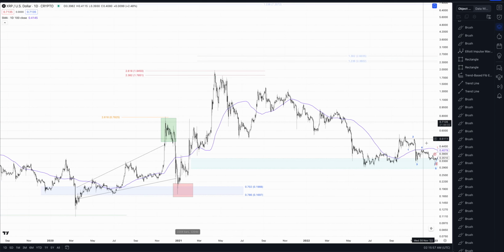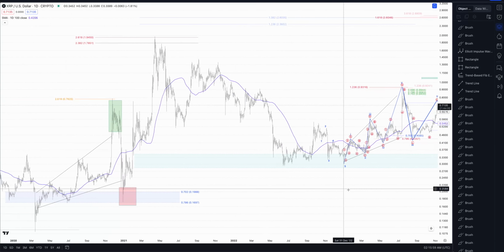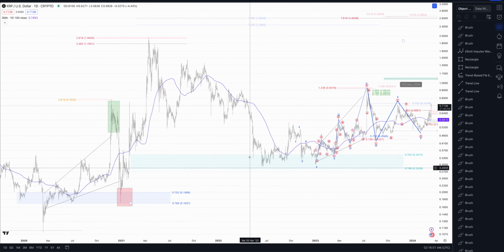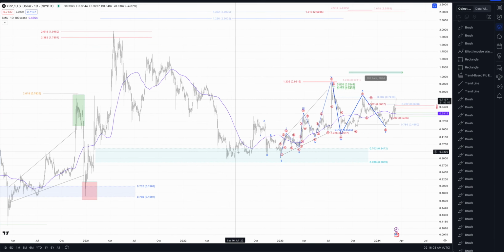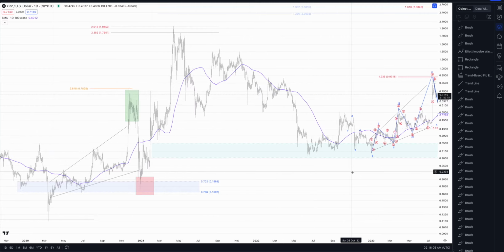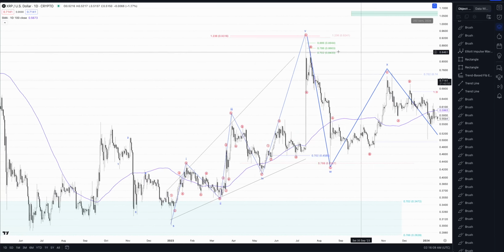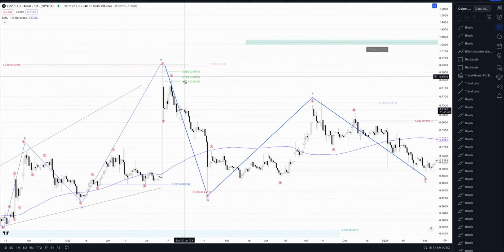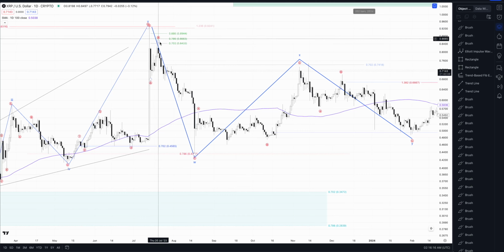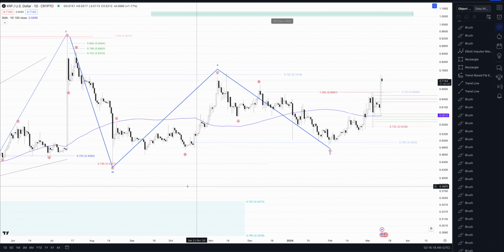Okay, this bear market came down to the 78.6% fib, our bear market low. Then, when we topped out at the 1.236, our B wave topped out at the 702, had a capitulation move down to the 786, rejected again off the 702, came down to the 786,